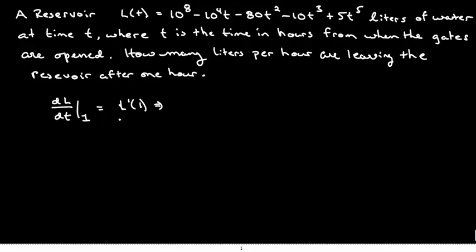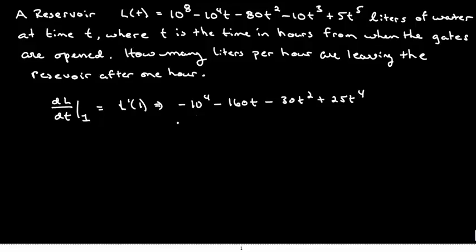Now first, when we take the derivative of this with respect to t, this guy goes away because it's constant. This guy becomes negative 10 to the fourth, because this is a constant right here. So the variable's right here. Even though there's an exponent here, don't think about that. You just have to think about this as a number. And so then this is minus 2 times 80, or minus 160 t, minus 30 t squared plus 25 t